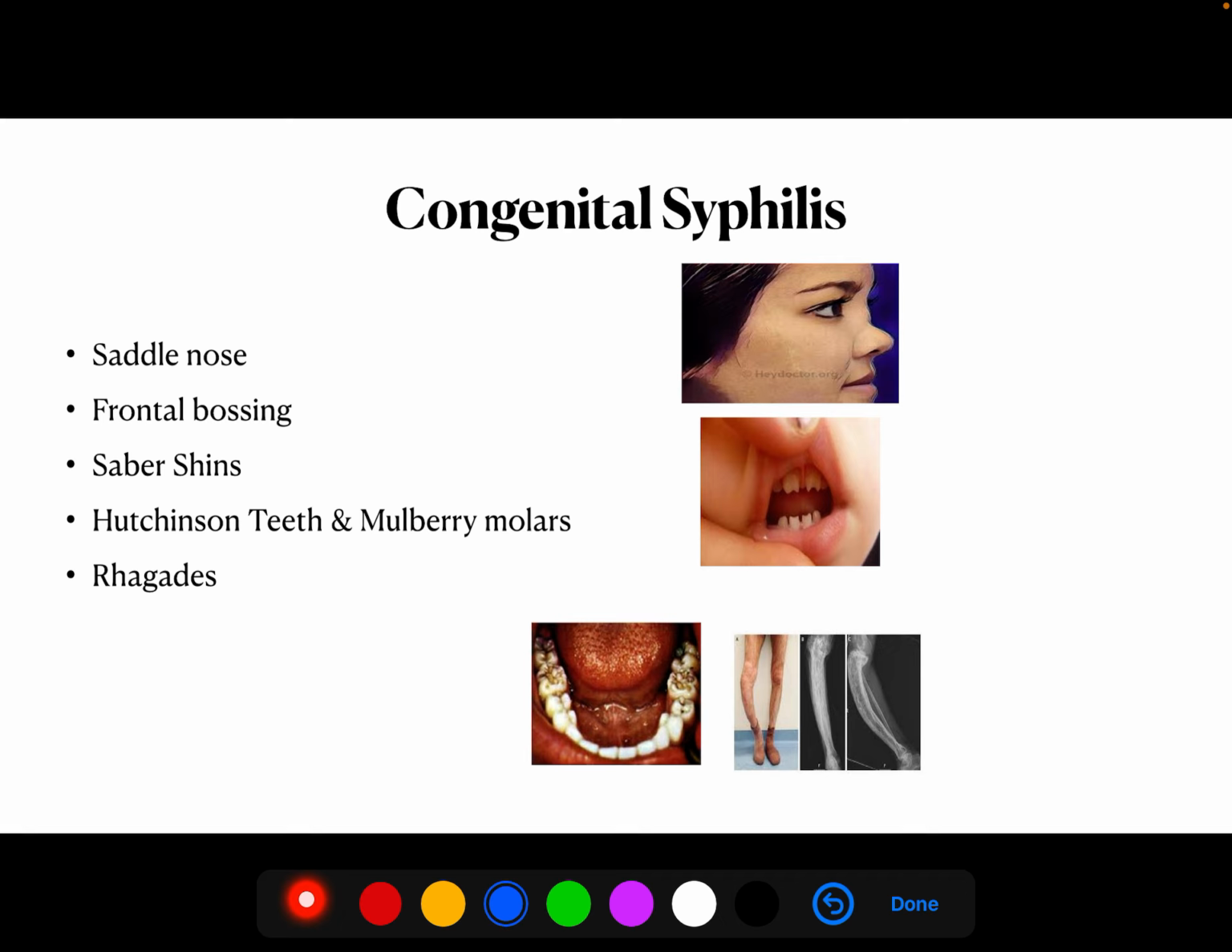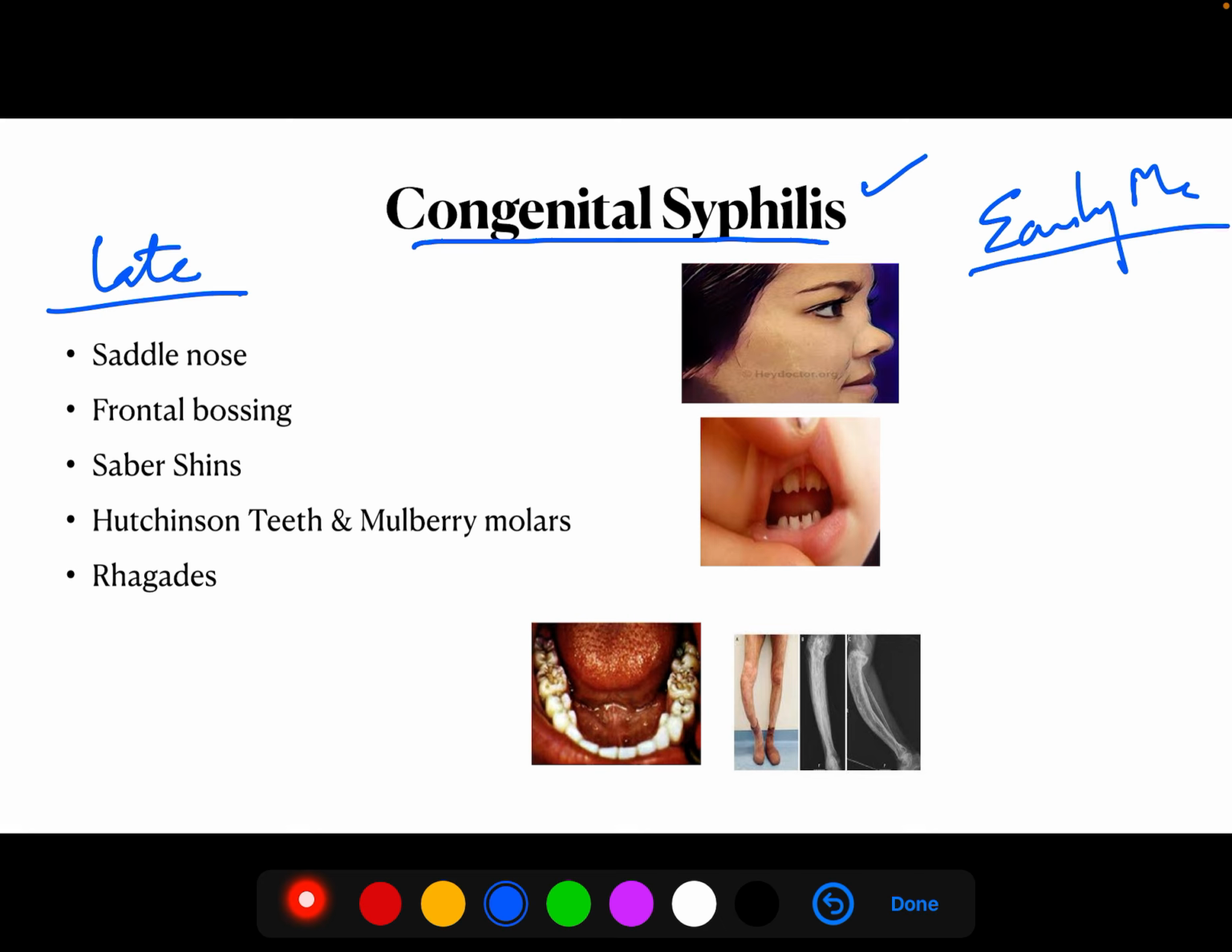So, apart from this, syphilis is also transmitted from the infected mother to the baby or the fetus in uterine conditions also. And accordingly, it leads to congenital syphilis. Congenital syphilis may be classified as early manifestation and late manifestation. Early manifestation occurs within 2 years of age,